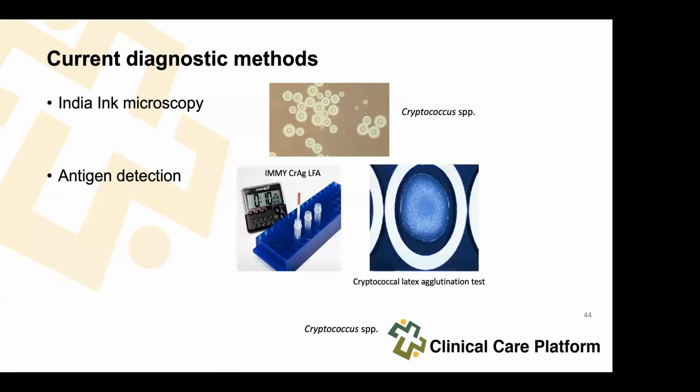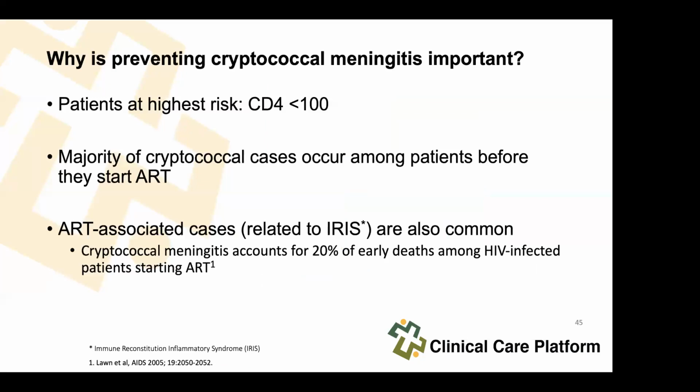There are many ways to diagnose it. There's the Indian ink, there's the antigen, which is closer to becoming a molecular test, and then you've got your culture, but most of the time we are relying on the antigen test, which we call the cryptococcal antigen test, or crack. Whenever someone says, have you done a crack? they mean, have you made an effort to diagnose crypto with a crack, which is more sensitive and more specific than microscopy through Indian ink. We do cultures in patients who have been treated and who are not getting better, to see if they might have a very resistant bug.